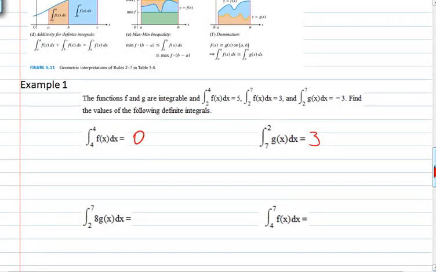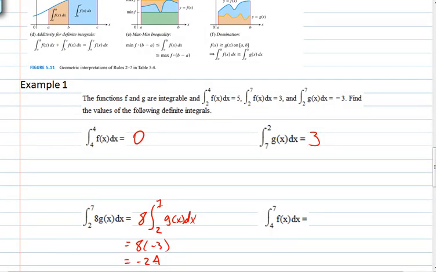All right. We have the integral from 2 to 7 of 8 times g of x. Well, that's going to be equal to 8 times the integral from 2 to 7 of g of x. So that's going to be 8 times, and that is,